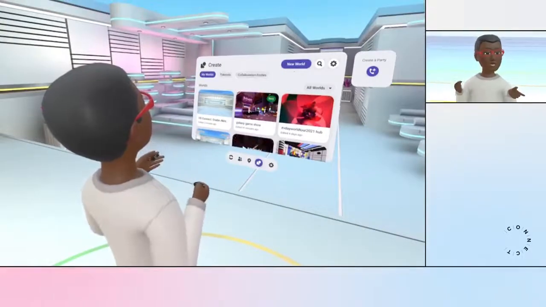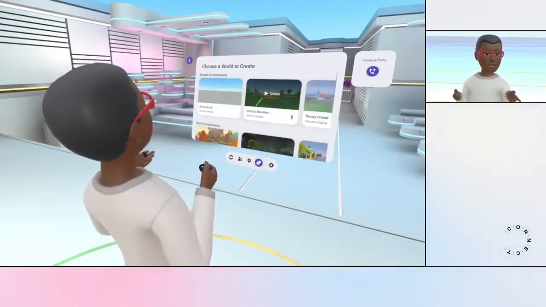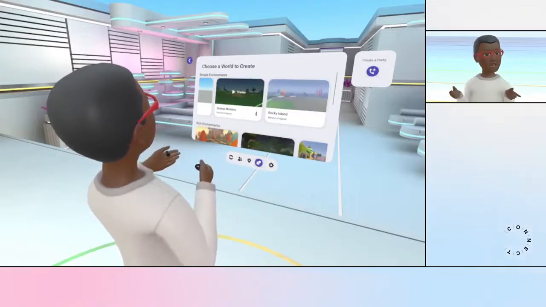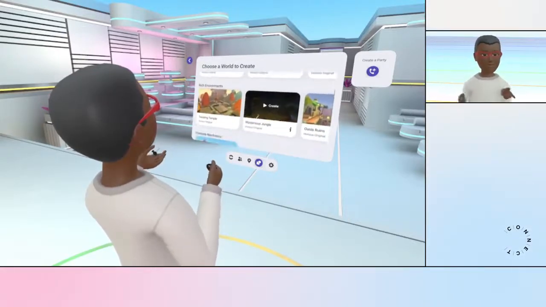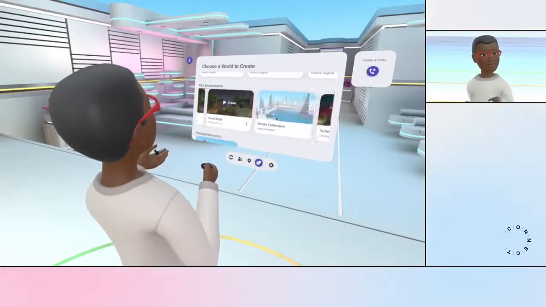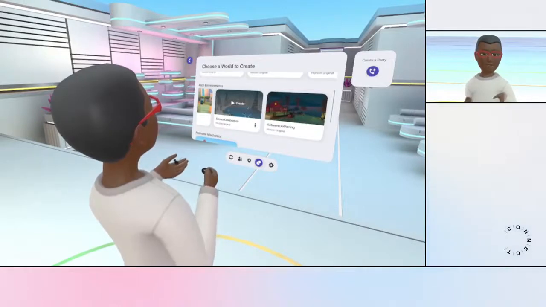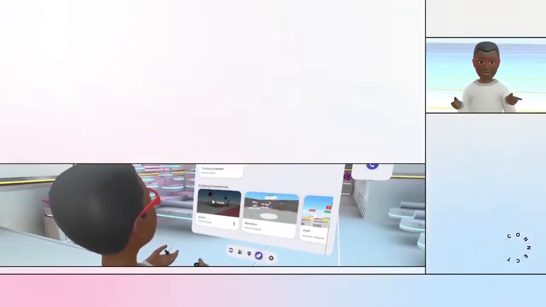To get started with building in Horizon, you can create a new world from your Horizon menu, and from there, you can select a blank world or one of our templates, whether it's rich, simple, or scripted. Scripted templates give you a head start on creating a sports, narrative, player versus player, or puzzle game. There's even a template world for premium mechanics, so you can make things like throwing or shooting feel very good in your worlds.